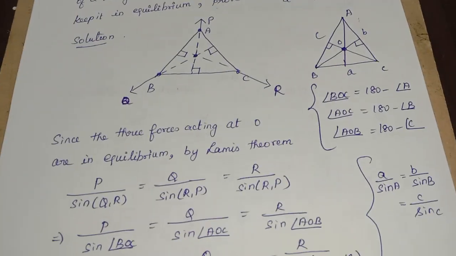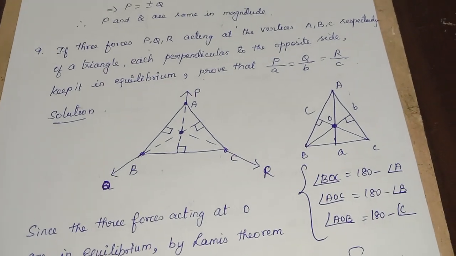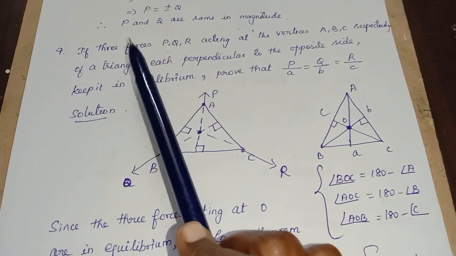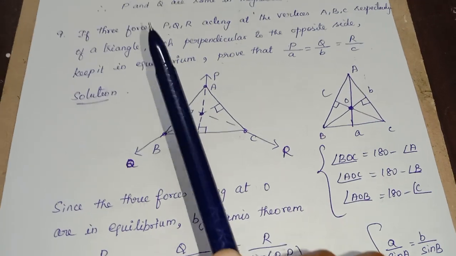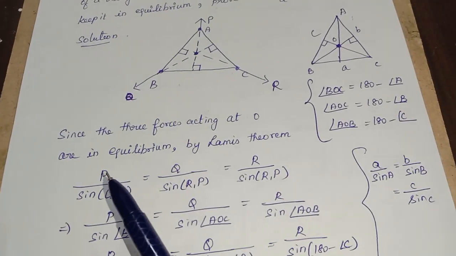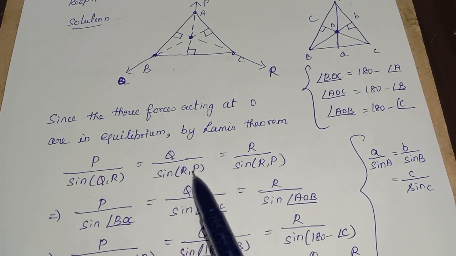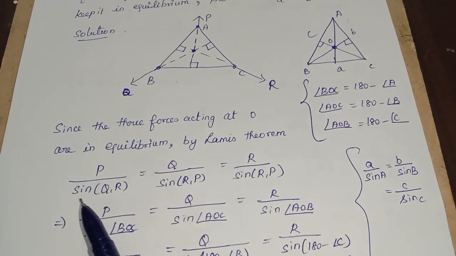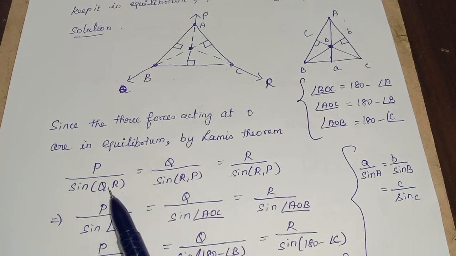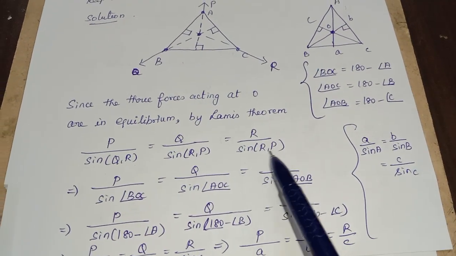Now, see, I am going to make use of Lami's theorem. Why do I make use of that theorem? Whenever you have three forces acting at a point in equilibrium, Lami's theorem you can apply. Okay. So what is Lami's theorem? Each force is proportional to sine of the angle between the other two. So P is proportional to sine of angle between Q and R. Q is proportional to sine of angle between R and P, and R is proportional to sine of angle between